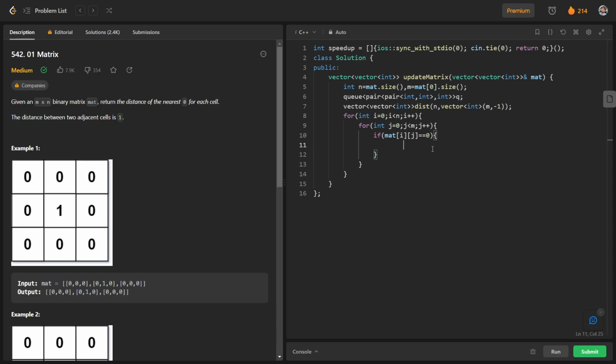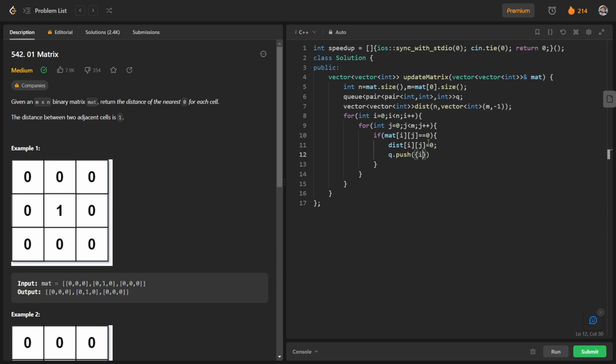Okay, and here what we have done, we are iterating over all cells, and if the cell contains 0, we will just update the value of dist of i and j to 0, and we will push this row and column with this particular distance in this queue.